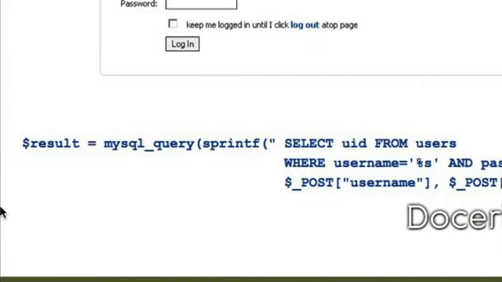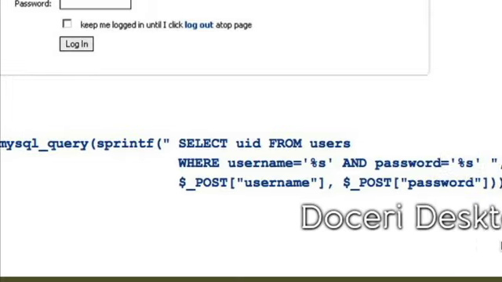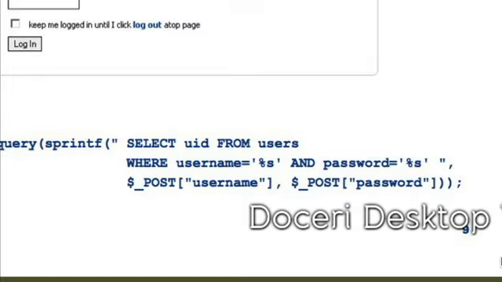On the left, we just have a variable called result for our result set. To the right, we have mysql_query, recall, which was the function we used initially a couple lectures ago for executing SQL commands. Then I'm using sprintf. Does anyone recall what sprintf does? Yeah, you insert placeholders where the variables go, and then you define the variables. Exactly. You just insert these placeholders.